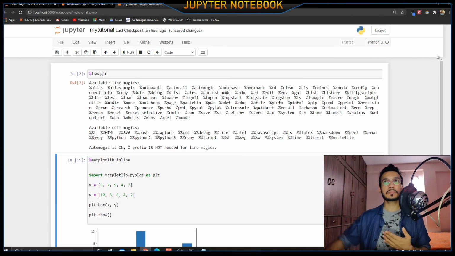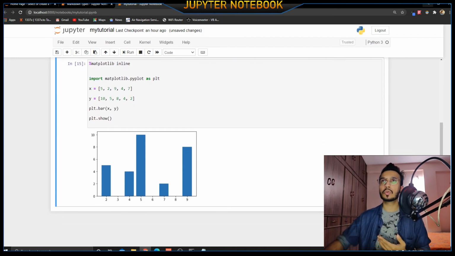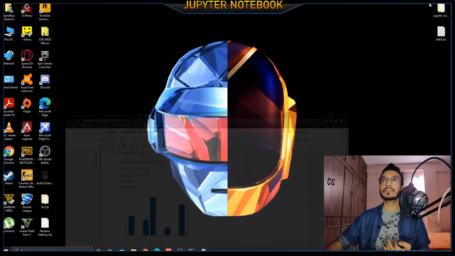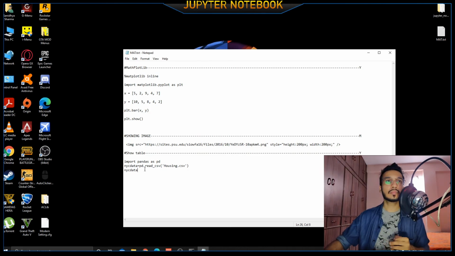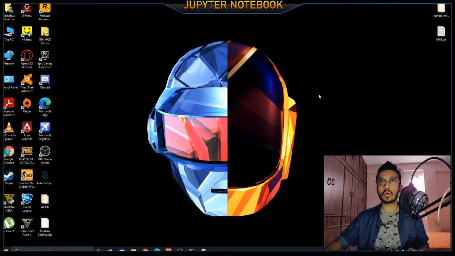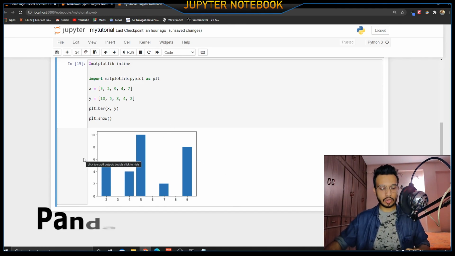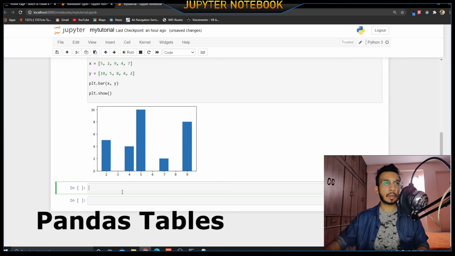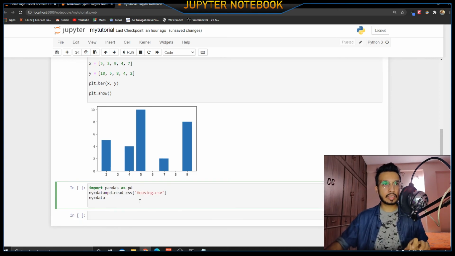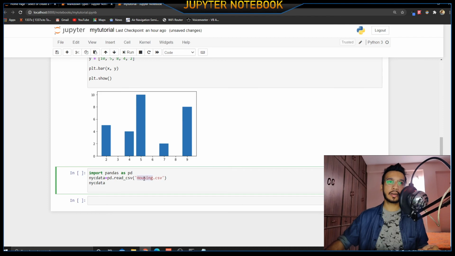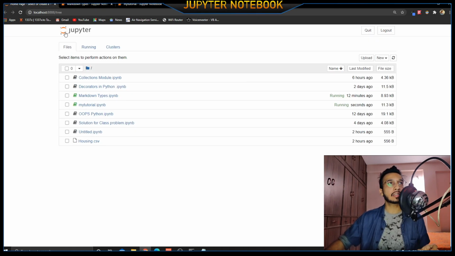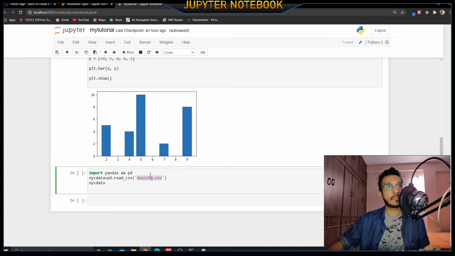Now for example, I have another code to show you guys. This other code that I have practically shows you that we can also use something known as tables. So I'm just going to add 2 more cells below, and I'm going to paste this code. What it does is that you can pretty much take a CSV in your current directory. As I've told you guys, the current directory that we are in has a CSV file. So you can see we have a housing CSV in our current directory. All you have to do is give the directory.